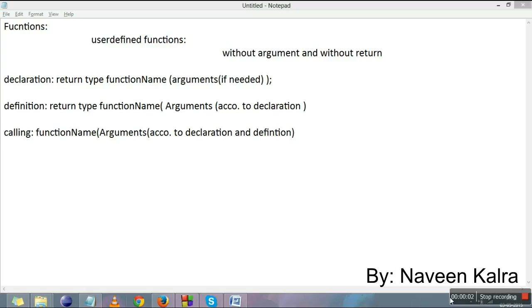Hi everyone. In the previous videos we have explained the types of functions, predefined functions and user defined functions, and in this video we'll explain a type of user defined function that is without argument and without return. For the basic functions, for any of these four types, we first need to understand that